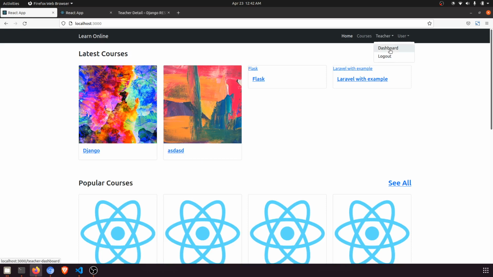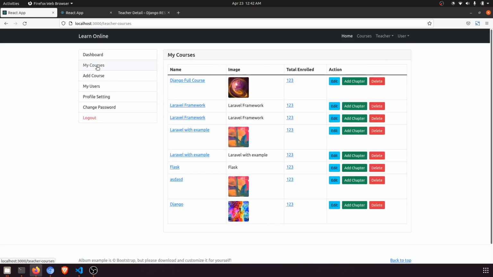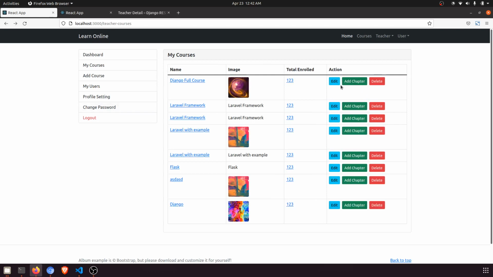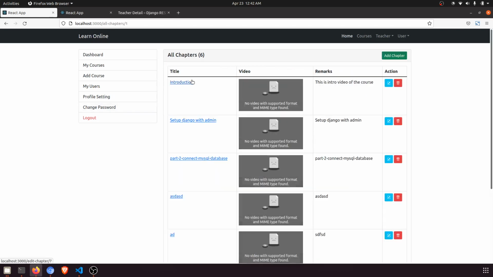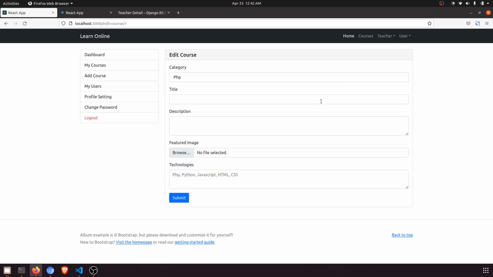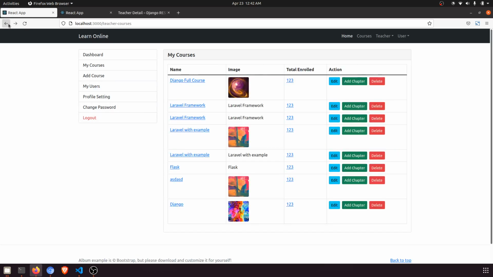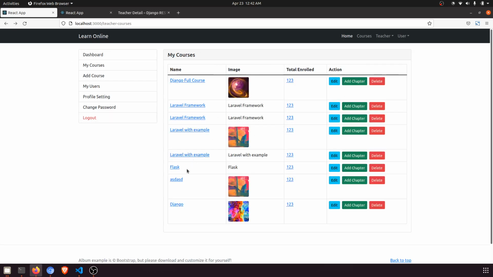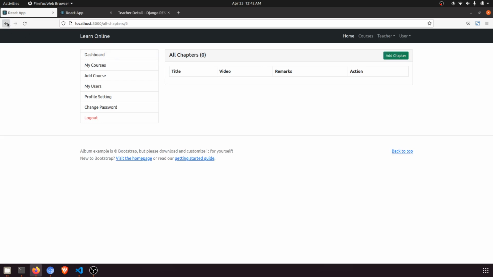Okay, let's go to dashboard, my courses. So I have added these courses, Laravel framework. If I click on edit, I have added the, okay, I didn't add the Django full course. And if I go to edit here, okay, why is this not showing the data? Django framework, okay, Laravel with example,